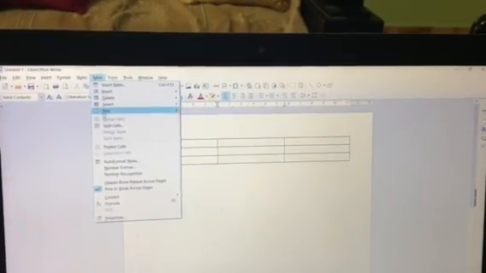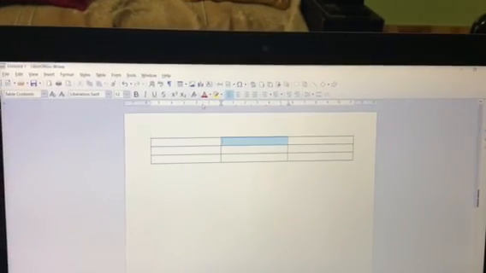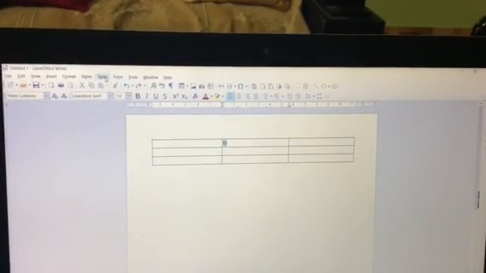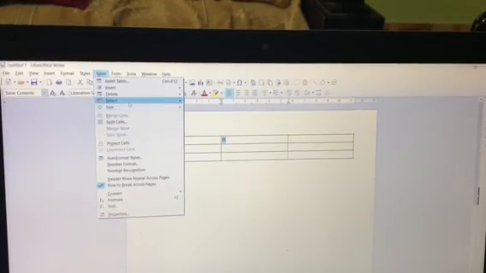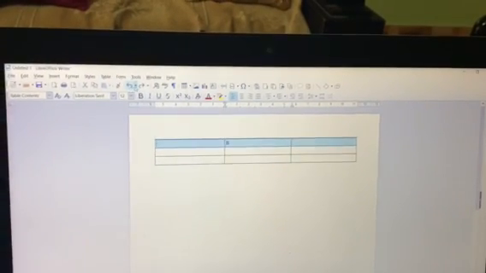Now next is how do you select a row? You go to table and then select row. Table, then you have the option select. It will ask you to select any cell wherever the cursor is, or you can select any row, whichever row you want.